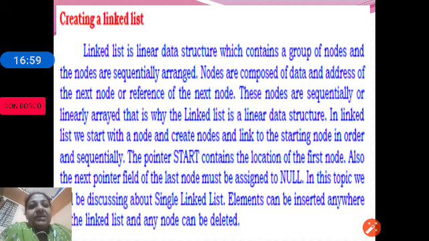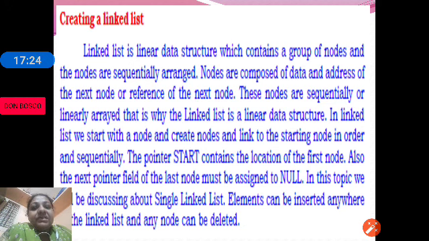As I told you earlier, linked list also belongs to linear data structure. In linked list, we start with a node and create nodes and link to the node in the order and sequentially. There is a pointer called start, which refers to the first node. Also, the next pointer of the last node will be null.